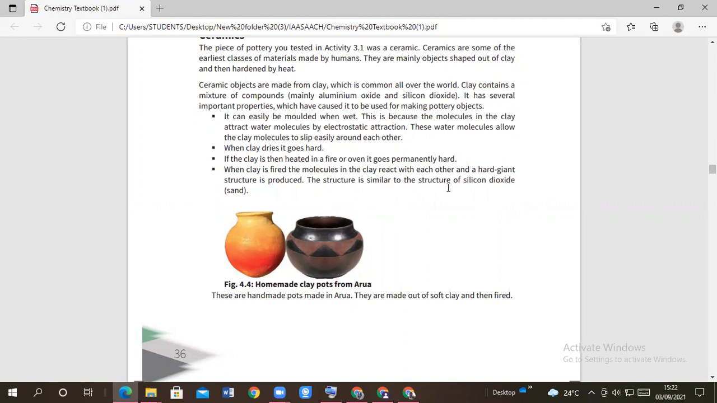The structure is similar to the structure of silicon dioxide, which is sand. Okay? So if you look at the structure of sand,